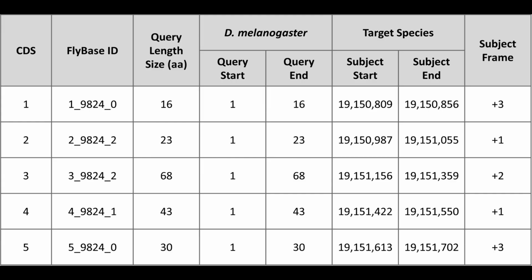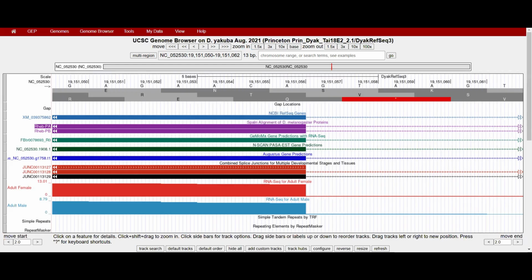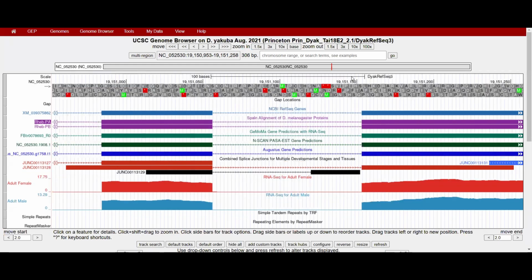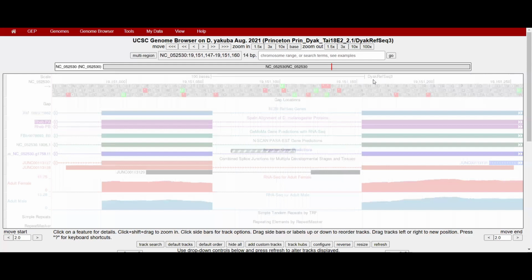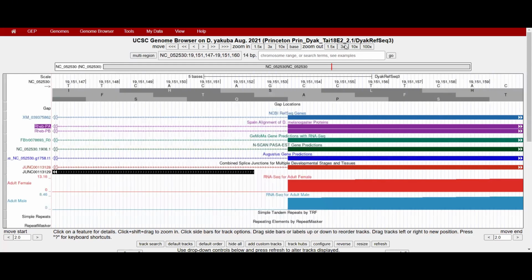The T+N alignment for CDS3 spans from 19151156 to 19151359 in frame +2. The potential splice acceptor site at 19151152 to 19151153 for CDS3 is supported by the splice junction prediction 00113128, the NCBI ref-seq genes and spawn alignment of D-melanogaster proteins, gene predictors Gemoma, NSCAN, and Augustus, and the RNA-seq